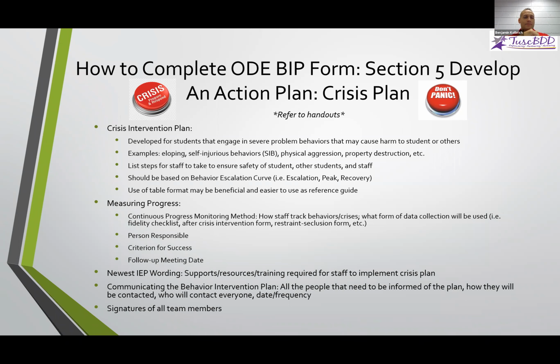So you want to list steps for staff to take to ensure the safety of the student, other students, and the staff themselves, right? Everybody needs to be safe during a crisis. Well, that's the top priority. We want to make sure everybody's safe. It should be based on the behavior escalation curve. So if you have a question about what that is,